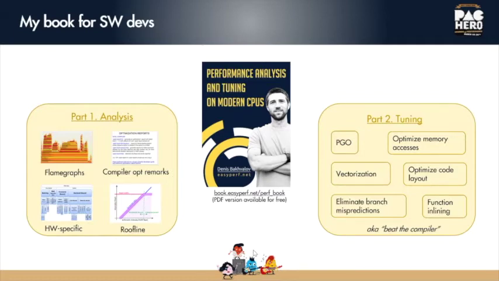And then the second part is all about tuning, right? Finding the bottleneck is only half of your job as a performance engineer. The second part is how you fix it, and this is sort of a beat-the-compiler game, okay? You rely on the compiler for most cases to make performance improvements in your code, but you also control it with special hints and pragmas and so on and so forth.